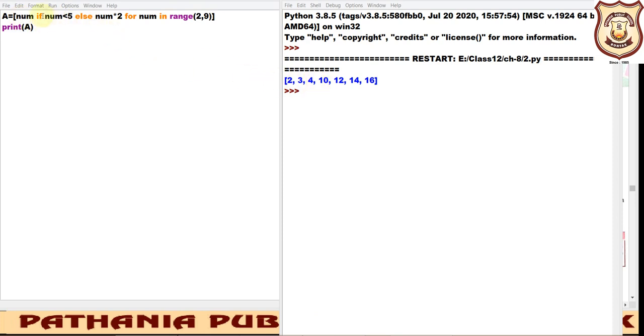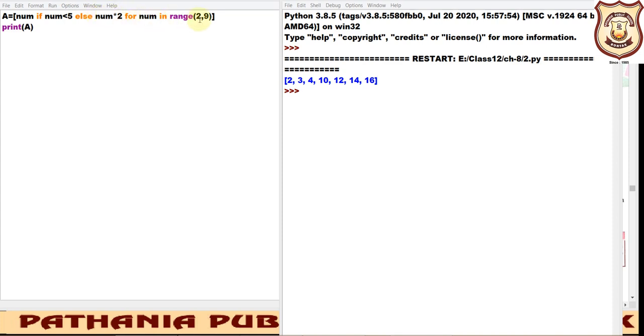Why is it happening so? Because num is less than 5. But when num is 5 or more, the if will not get executed, the else will get executed. When else is executing, it will multiply the number by 2.